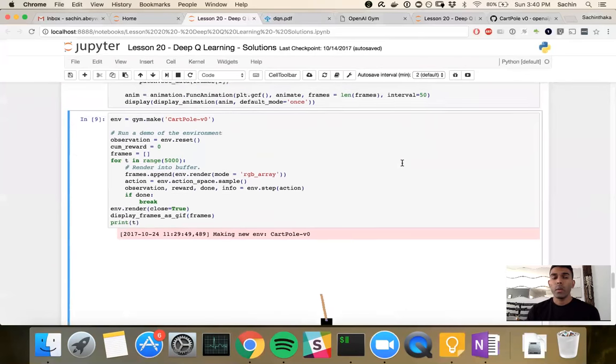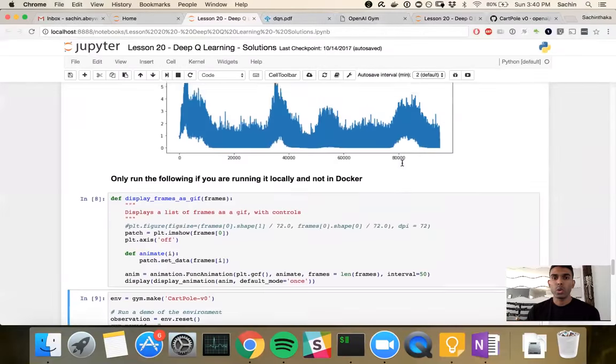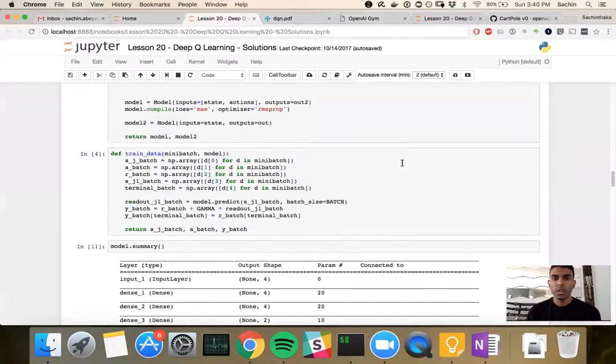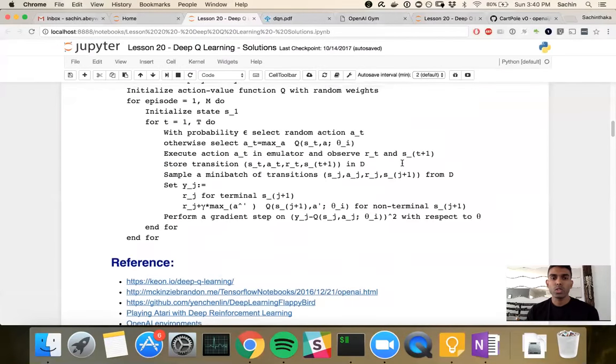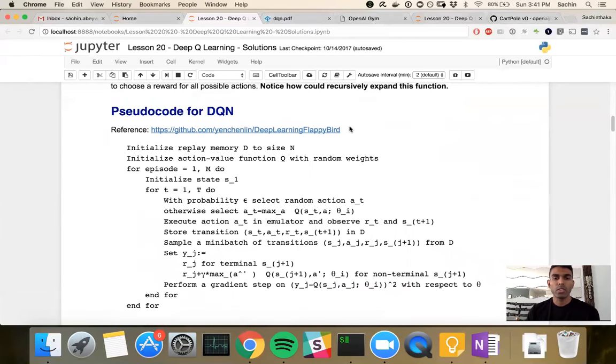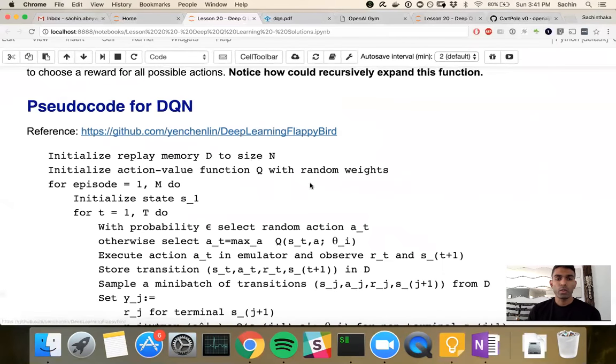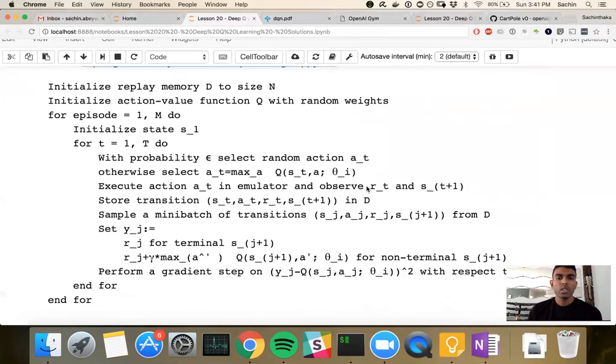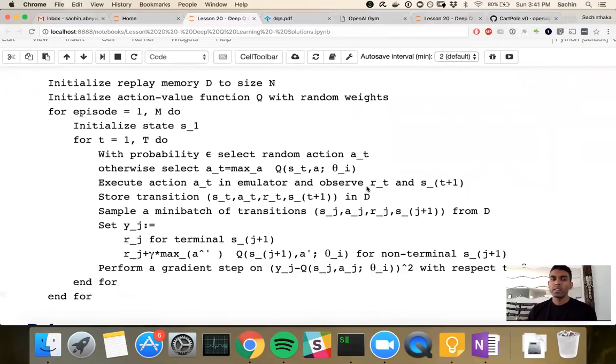And this is where we're going to be learning about deep Q learning. All right, so let me go through the pseudocode, which I borrowed from this GitHub repo, Deep Flappy Bird. Everyone should go and take a look at that. So we're going to play the game over and over again, right? OpenAI is going to provide us the environment, and